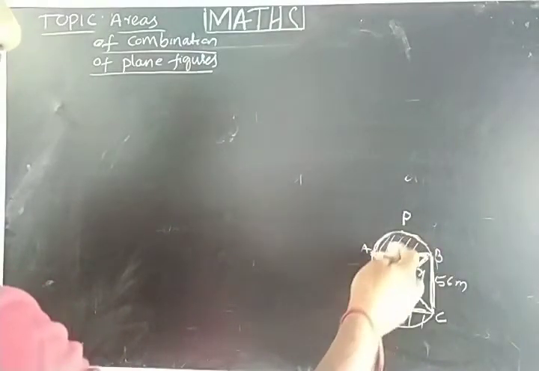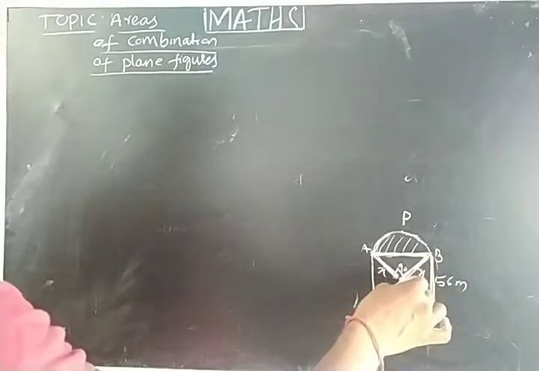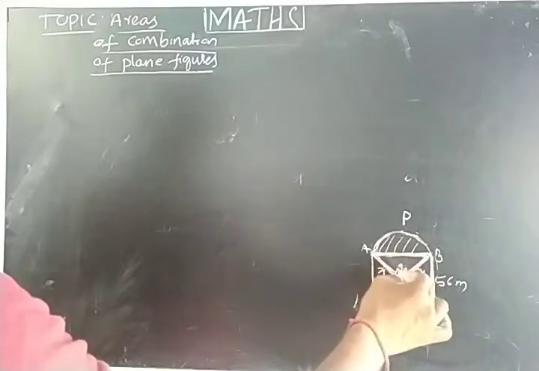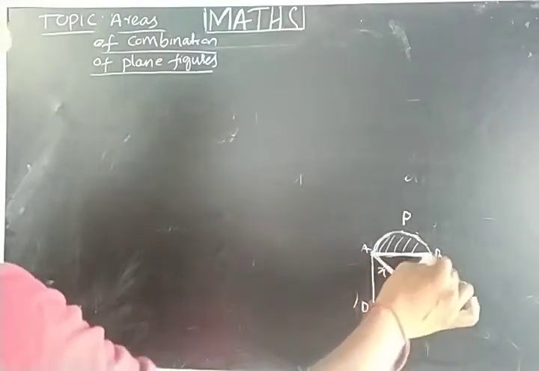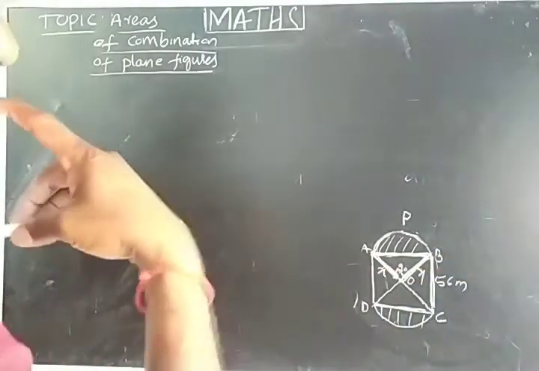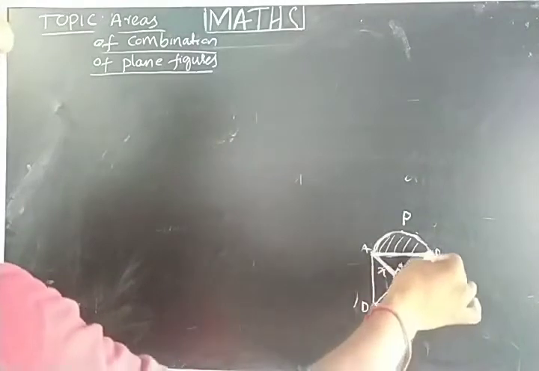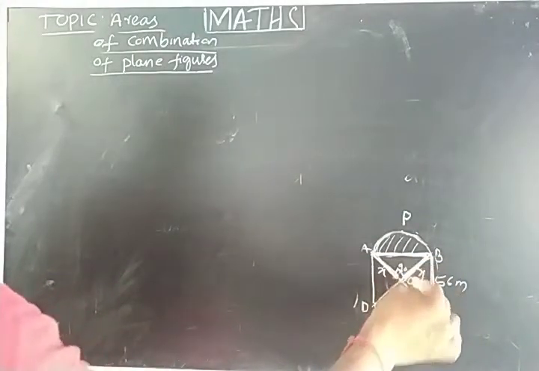Before finding the area of the sector, OA is the radius. Why? Because O is the center of the circle. OA, OB are the radius. So we need the radius. We have the angle already, 90 degrees. So I am going to find OA, OB. I am taking OA as x, OB as x. Why? Because in a square diagonals are equal and bisect each other. So this length will be the same.